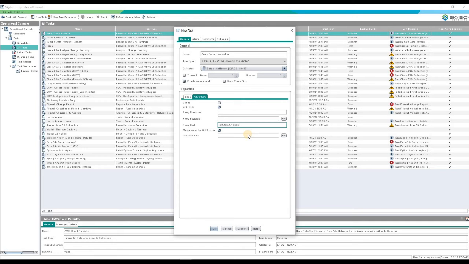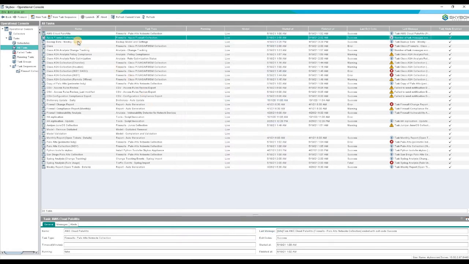In case you don't have a proxy, or you want to allow the traffic on the perimeter firewall, the link I have provided in the description will give you information on which FQDNs related to Azure Firewall need to be allowed on the perimeter firewall. I think in this way you should be able to complete your Azure firewall collection from the Azure portal.